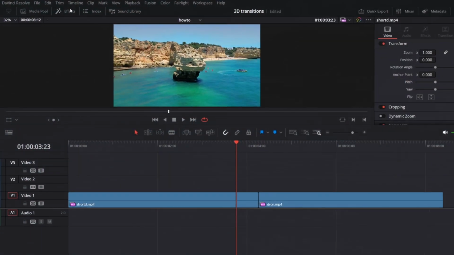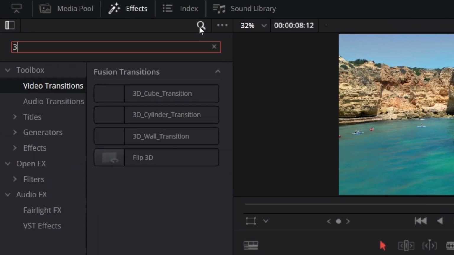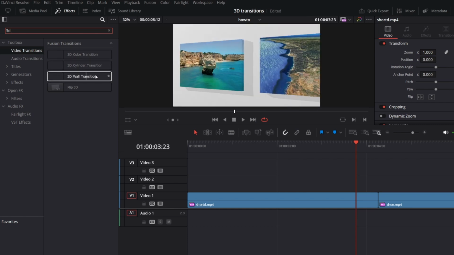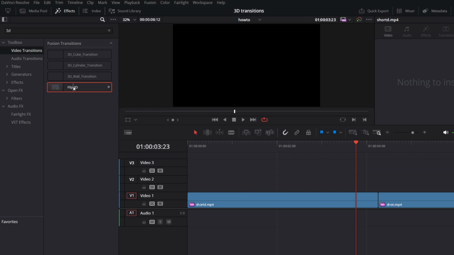Hi there. So first, go to Effects, Video Transitions and search for 3D Transition. Just drag and drop the one you like. I'm just kidding. In Video Transitions, you should see only Flip 3D, which is a default one in the free